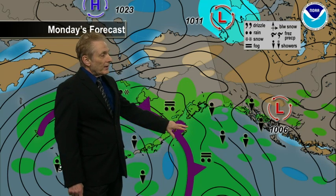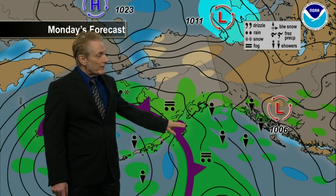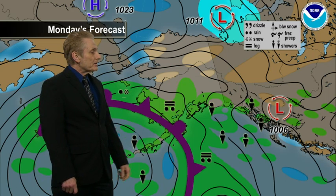And then for Monday, a little bit better chance of some scattered shower activity across all of the Panhandle, with a weak system pulling eastward here into British Columbia. Not much in the way of winds, but partly to mostly cloudy, risk of some showers. Same thing near the North Gulf Coast, maybe a little bit better chance from Yakutat, especially over toward Cordova, and it looks kind of wet from western Prince William Sound down the south side of the Kenai Peninsula, and again